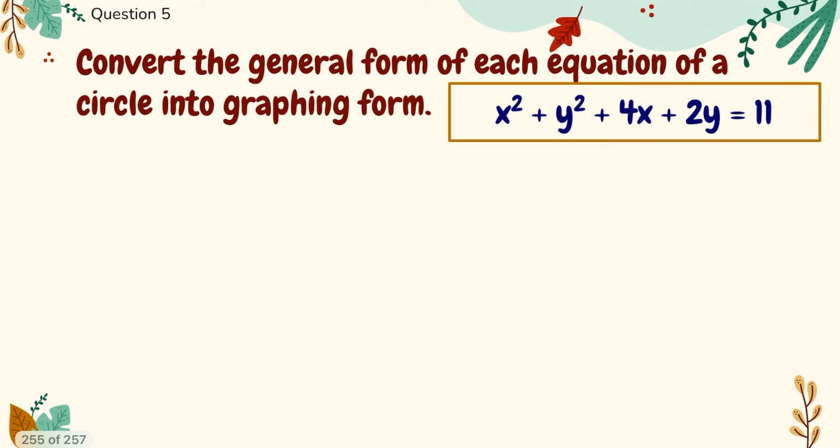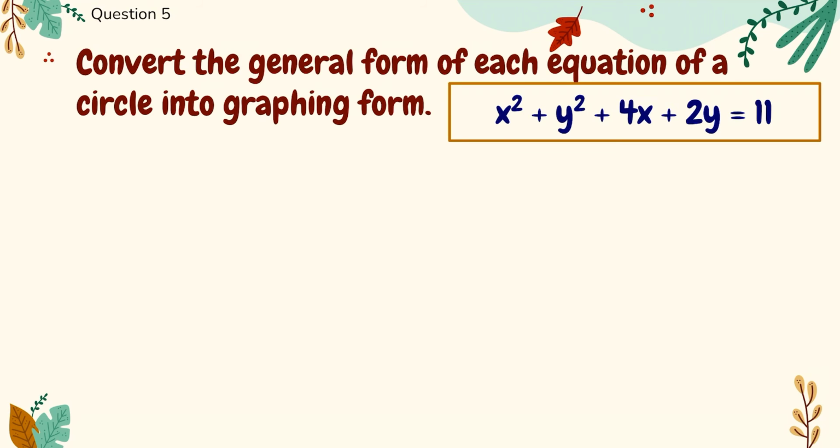All right, so let's try number 1, or our first transition from general form to graphing form. We're going to do this 2 times together, and then the very last time you guys are going to do on your own. I won't give you guys the answer, so hopefully you guys can try that out and see how far you get. All right, so first equation is x squared plus y squared plus 4x plus 2y equals